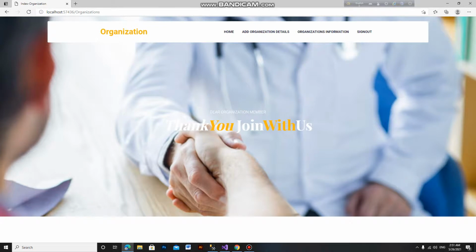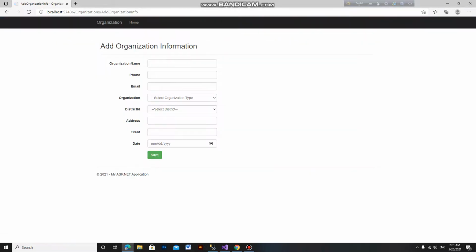So now I can show how to add organization details. We select the organization type: this is social service or healthcare or NGO or humanity.